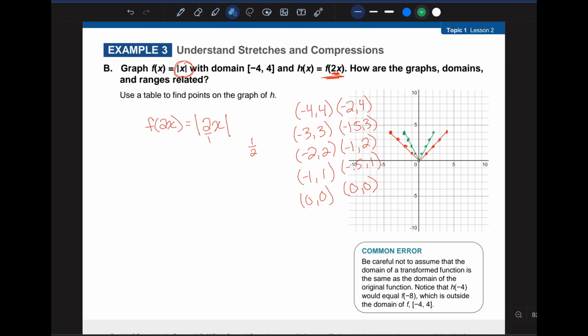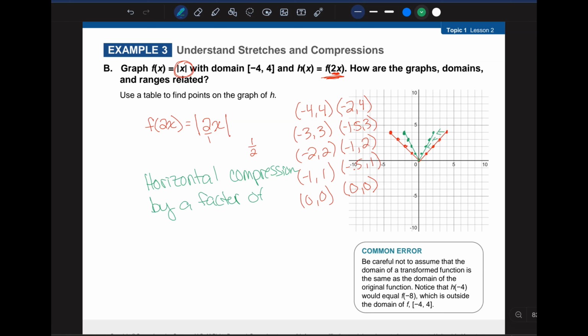And if you look, again, this made your x values push inward. They got closer together. So we consider this a horizontal compression by a factor